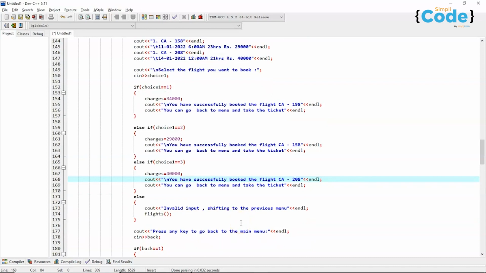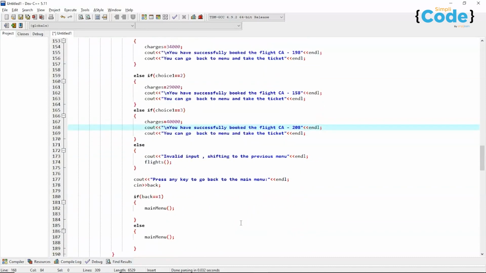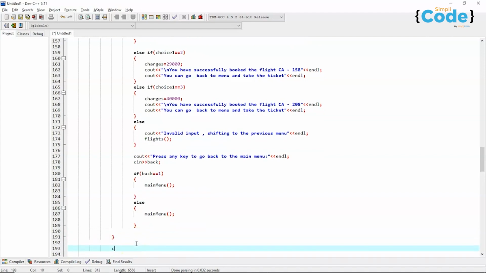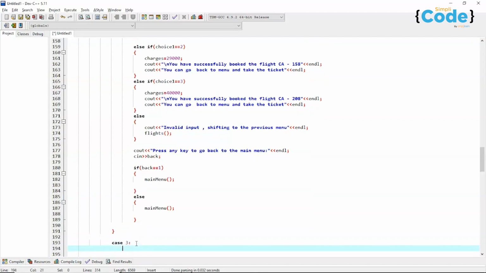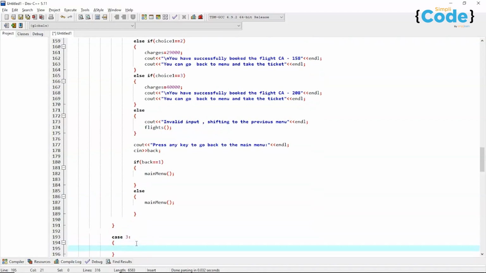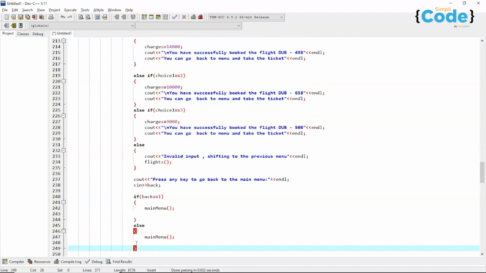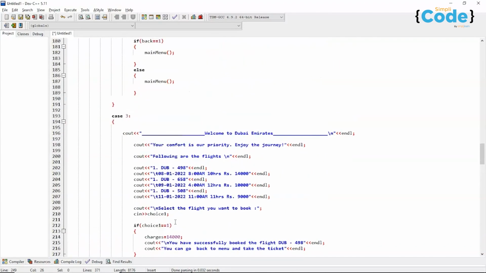The rest is all good. Shifting to the previous menu as we have done previously. And now again, after this else, we can create case 3. So inside this case 3, we'll write welcome to UK Airways. So we'll write